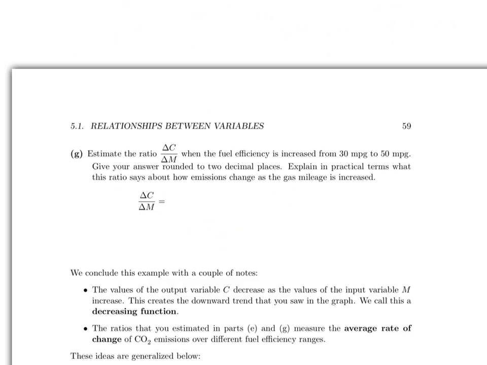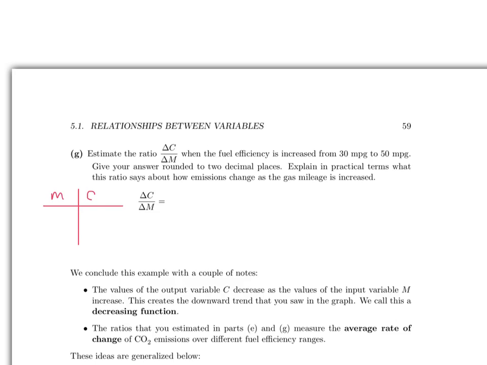Okay, let's look at part G. In this part, we're going to estimate the same ratio, delta C over delta M, but in this case, we're going to do it when the fuel efficiency is increased from 30 miles per gallon to 50 miles per gallon. And again, we'll give our answer rounded to 2 decimal places. And we will explain in practical terms what this ratio says about how emissions change as the gas mileage is increased. So as we did before, we'll start by making a table